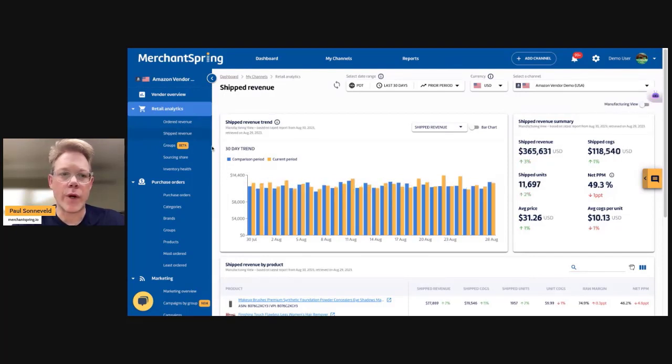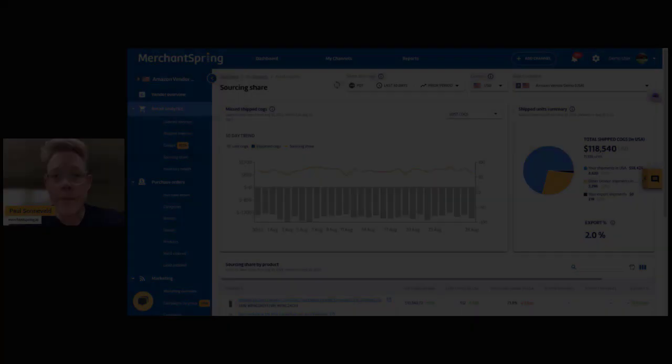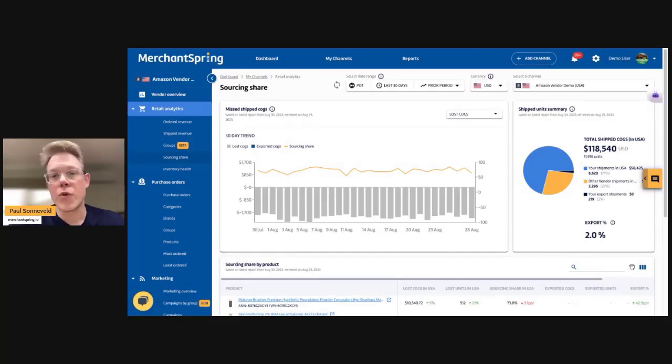But what I want to do first is just to reiterate the definition of those two different sources, so sourcing and manufacturing. So let's start with manufacturing. The manufacturing view is only available to manufacturer brands on Amazon, and it shows the aggregated sales and inventory performance of your entire brand, regardless from where Amazon has sourced the products. So these products may be sourced from your own inventory or from a distributor or from another country, for example.